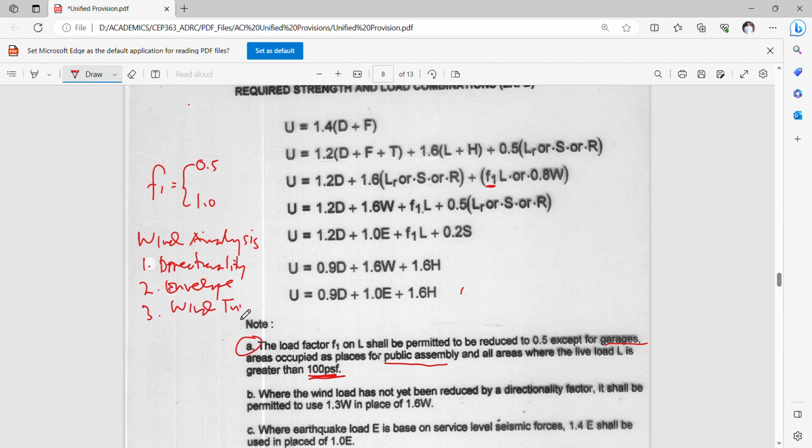So sometimes the factor for directionality, which is KD, is often ignored, no, in several locations, and in that case, we can replace this 1.6 directly into a 1.3 W